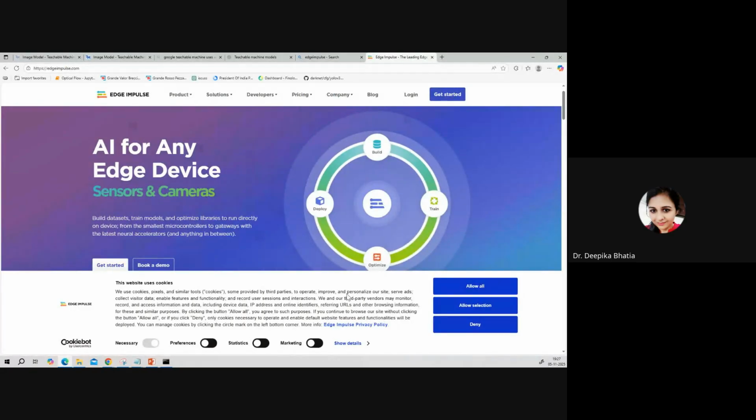Sir, students will try to misuse these platforms. They will just copy and paste the code and show us the demo that they have created this model. May I know your name? Deepika, sir, Dr. Deepika. Yes, Deepika, it is like this,